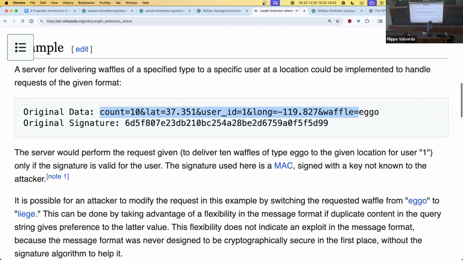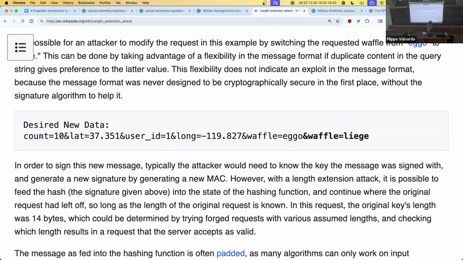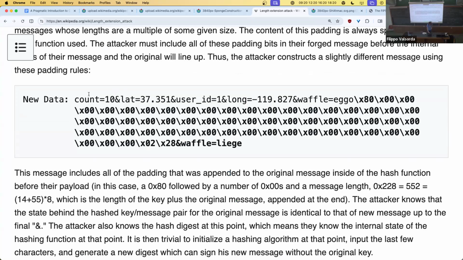So you have this message, and you actually want this message to arrive to the other side. So what do you do? You hash this message. And how do you hash this message if you don't know the key prefix? You know that the hash function up to here, the intermediate hash state up to there, is the hash output if you're using Merkle-Damgard and using SHA-2.